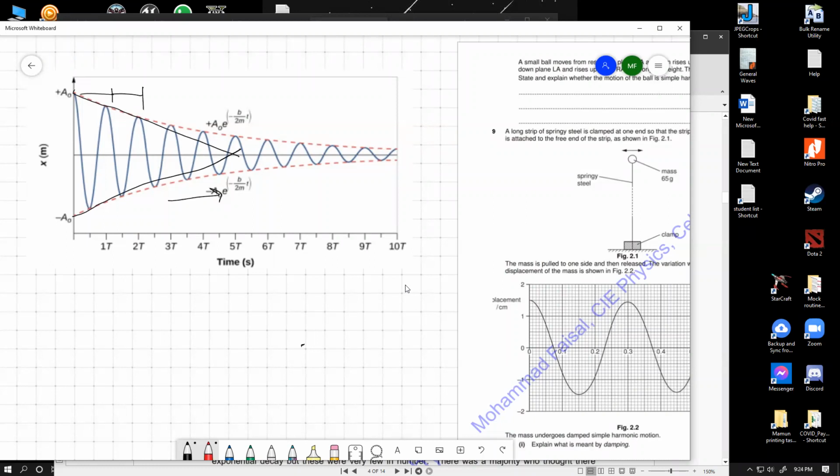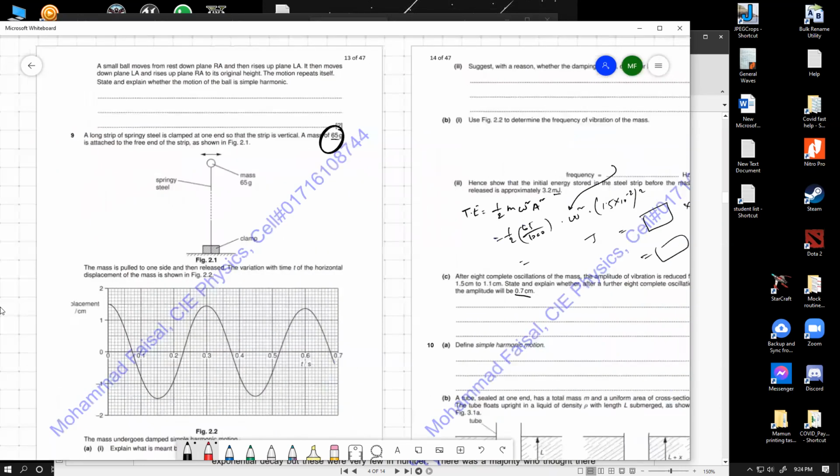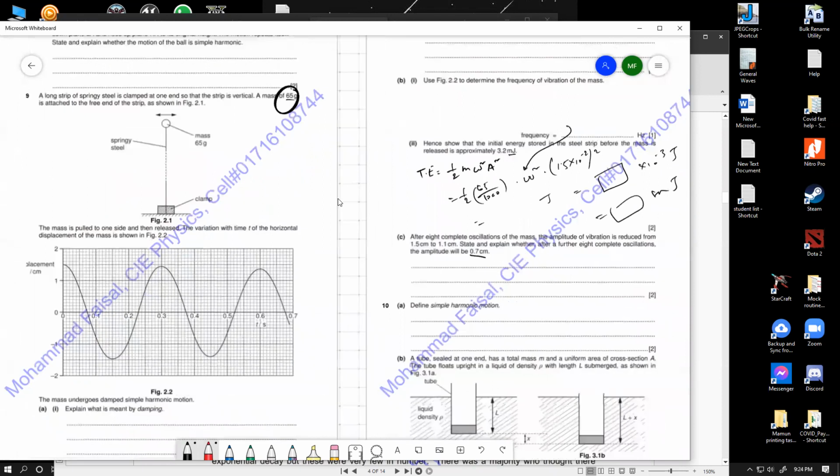The further you go, the less you lose, the less energy is lost from the system. So you have a significantly lower amount of energy loss from the system. That's the whole point of underdamping. That's why the graph should theoretically never become perfectly stable. But for practical purposes, we consider a certain oscillation to be almost zero, because the oscillation is not perceived by us anymore. So that's the idea. So what kind of wording should we use?